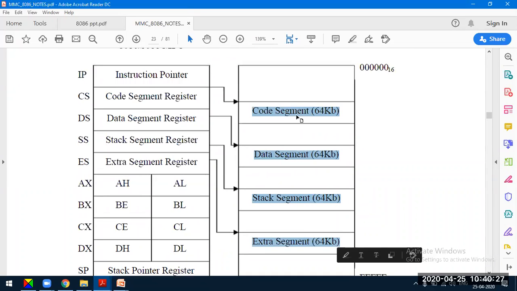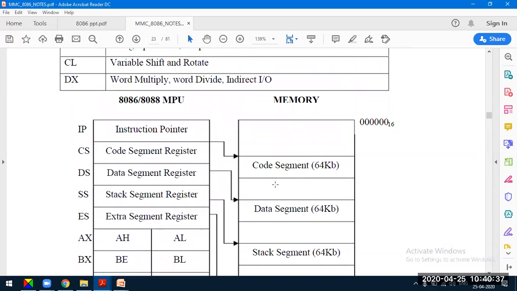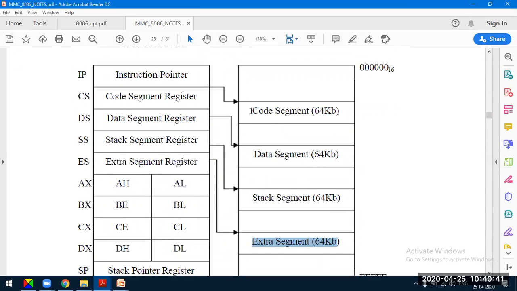The memory is divided into basically the code segment, data segment, stack segment, and extra segment. That is, the 1 megabyte memory is divided into various memory spaces. Each memory segment is of the size 64 kilobytes. For example, the code segment is used to store the instructions. The size of this segment is 64 kilobytes.